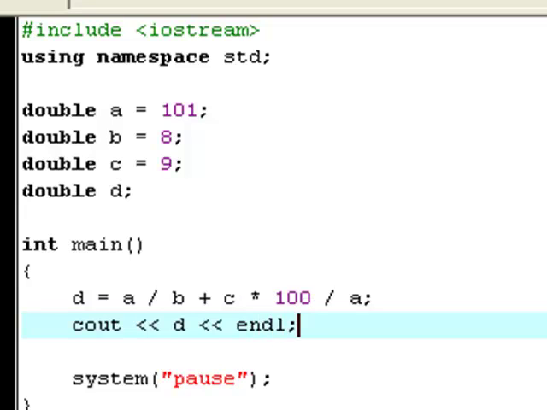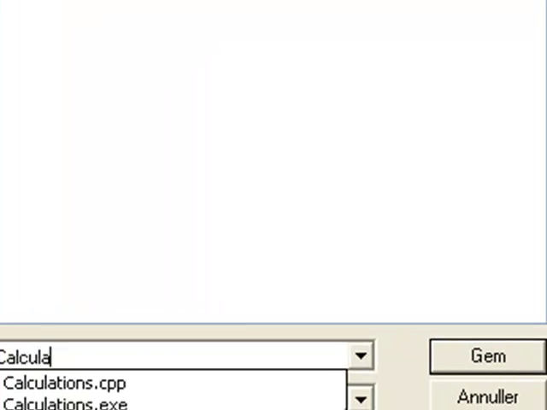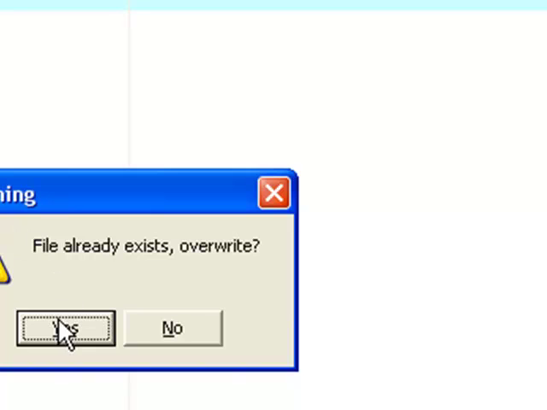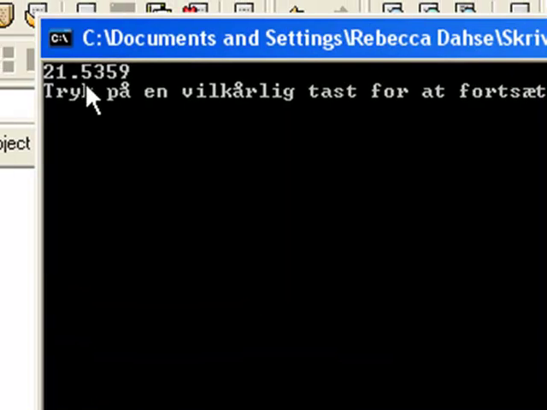and again, we're going to hit the compile and run button right here. Save this file as calculations, and I see that I already created that file. Don't know why. Anyway, I'm just going to override it. And now, as you see, it says 21.5359,